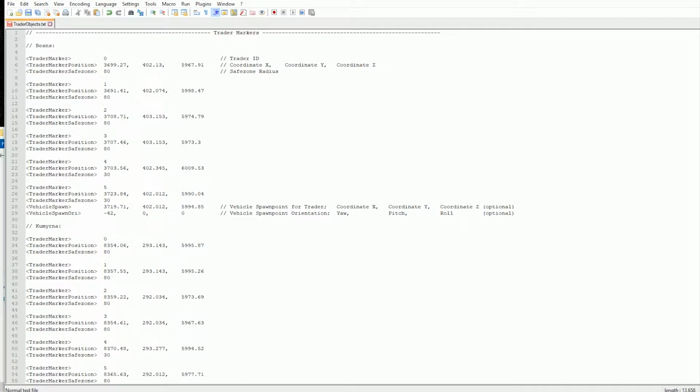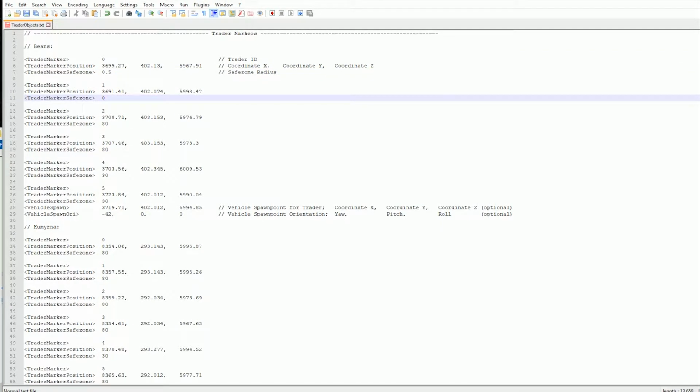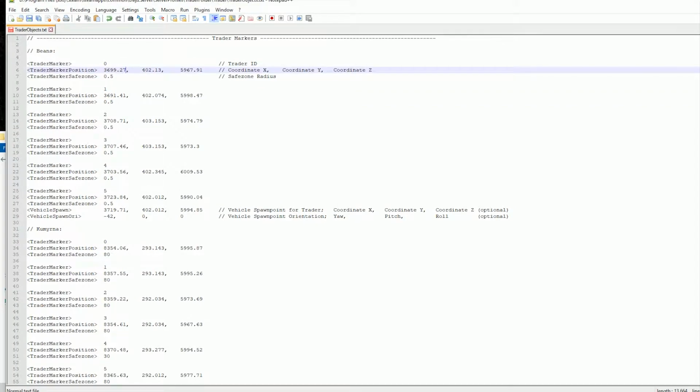But if you don't want a safe zone, say you're creating a rebel trader or something like that, you can take these values and put them at 0.5. This way no one can actually kill your trader, and there is no safe zone. So go ahead and change all these values here. So now we're going to take those coordinates that we wrote down and change these values here. And now that we've changed these values, we're going to want to copy this line